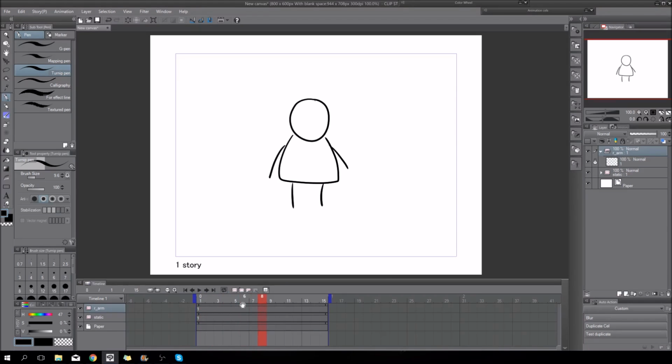So now I can go ahead, do a keyframe right here, and let him wave at us. Something like this. Now with my onion skinning I can see my previous frame and the one I'm on.